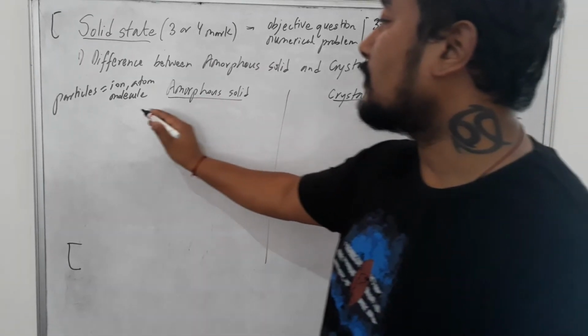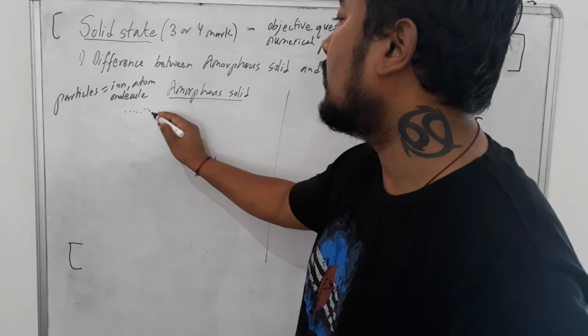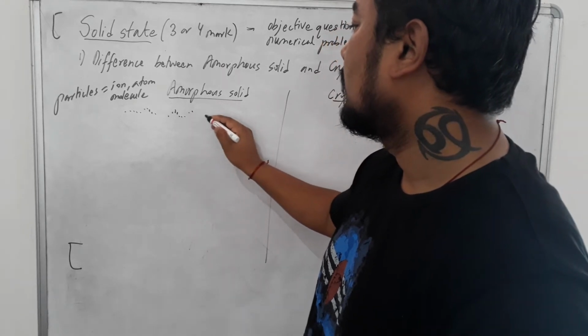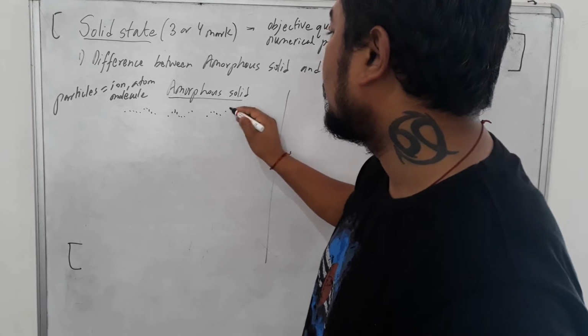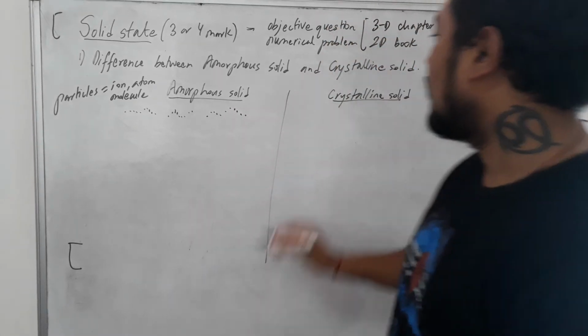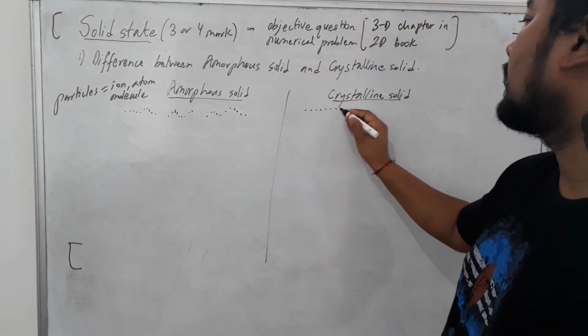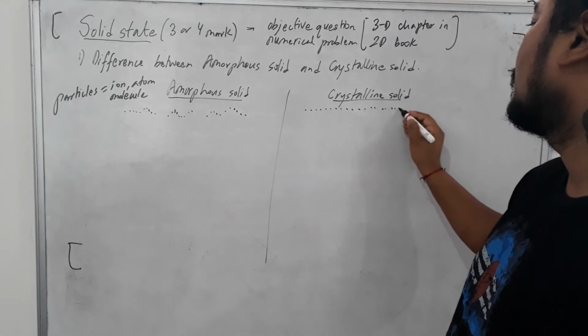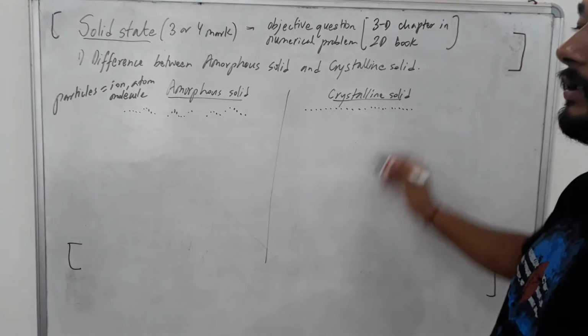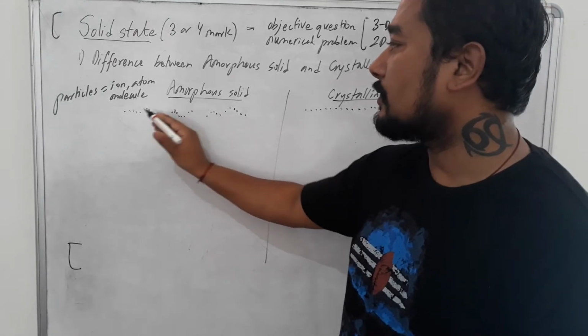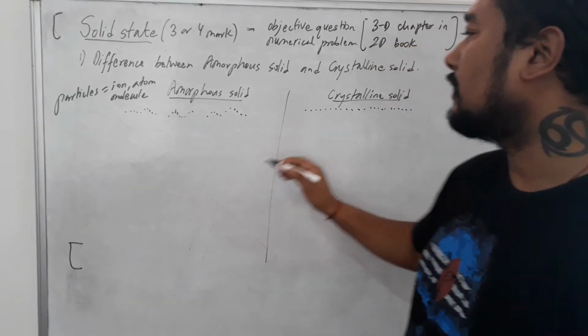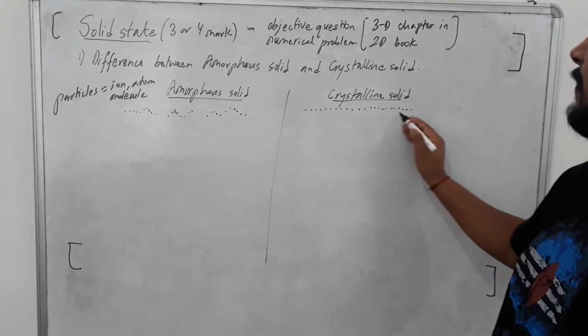In amorphous solids, the arrangement of particles is in irregular, random order. Dots mean particles, and they are in irregular order. Whereas in crystalline solids, the arrangement of particles is in regular order. You can see straight here, up, down, down, up, like that. So in amorphous solids, the arrangement of particles is irregular, whereas in crystalline solids, the arrangement of particles is